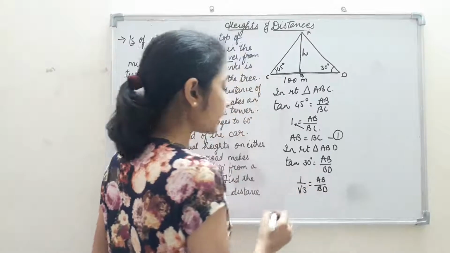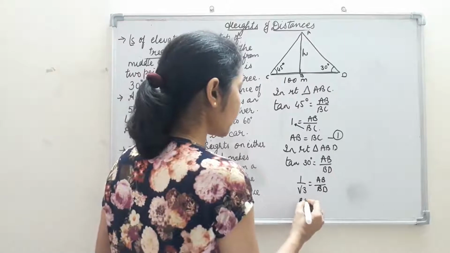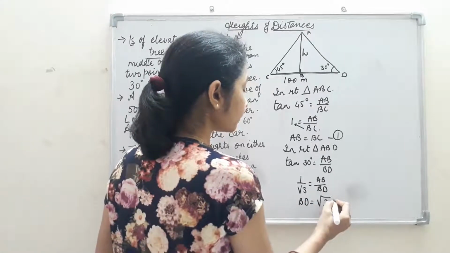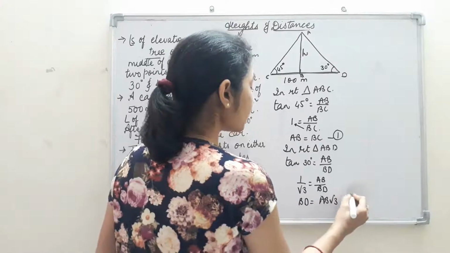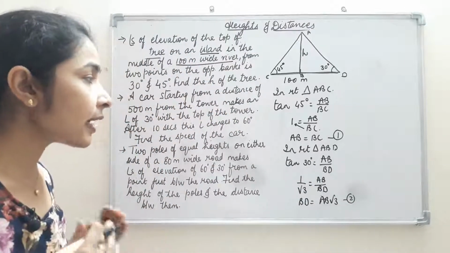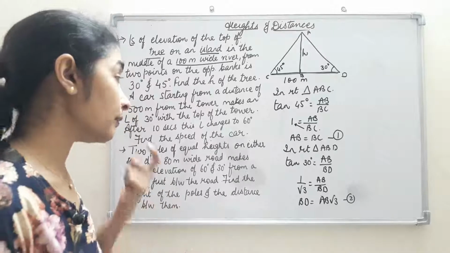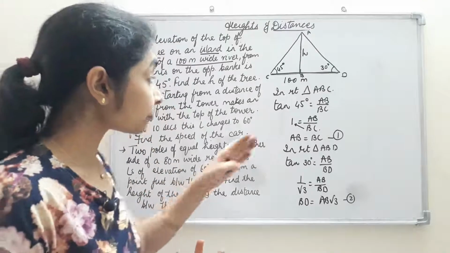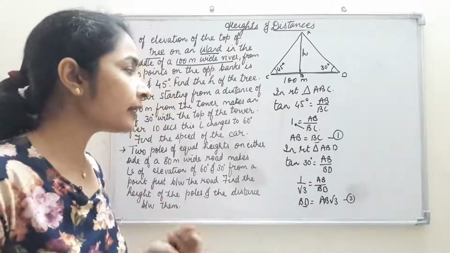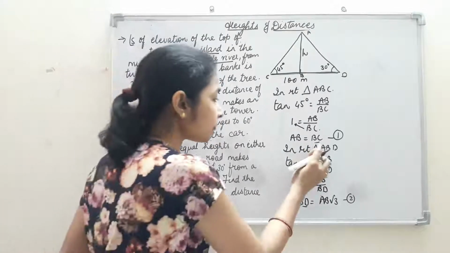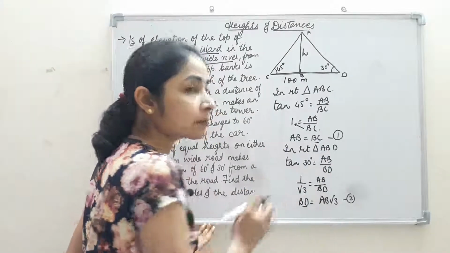Now I cross multiply it and get the value of one in terms of the other. So if I cross multiply, BD is equal to root 3 AB, or AB root 3, which is more convenient to write. This is our second equation. Now from the first and second equation, can we substitute anything anywhere? We are supposed to find out AB. Here we have BD, here we have BC. If I add equation number 1 and 2, then on one side I will get BC plus BD, and on the other side I get AB plus AB root 3.